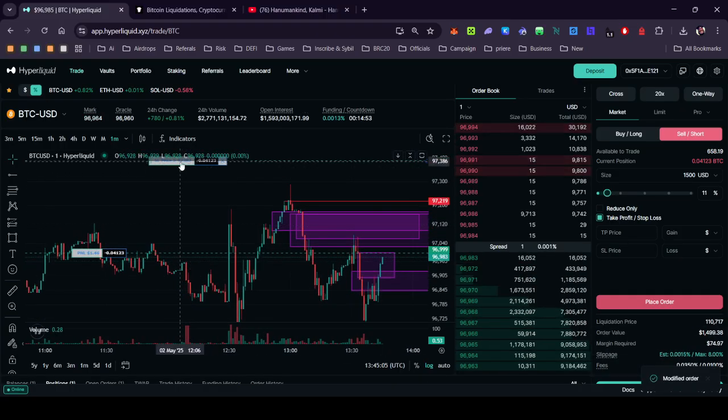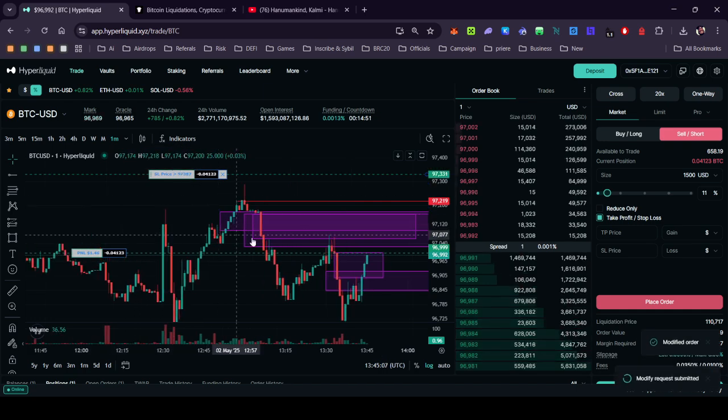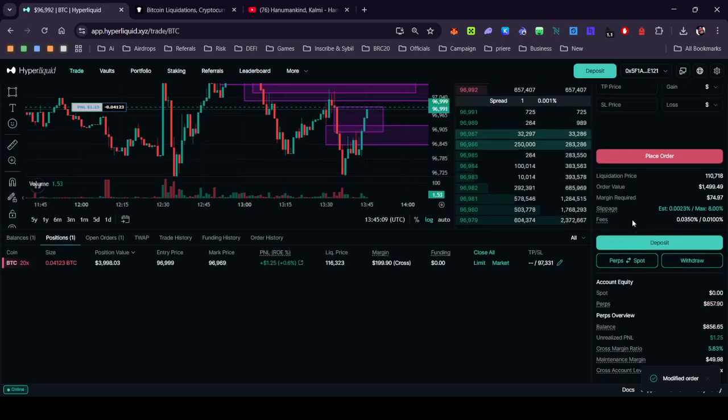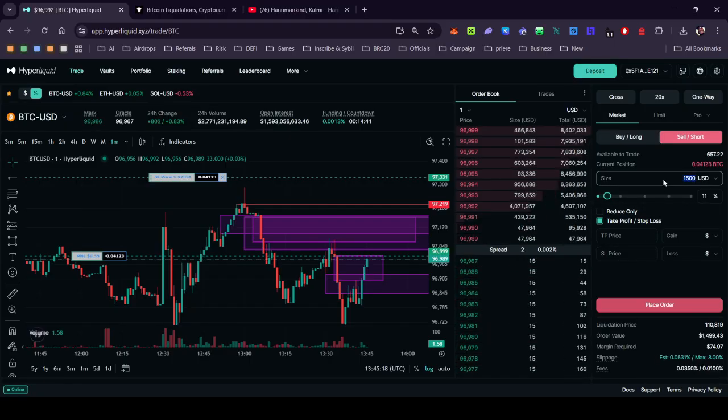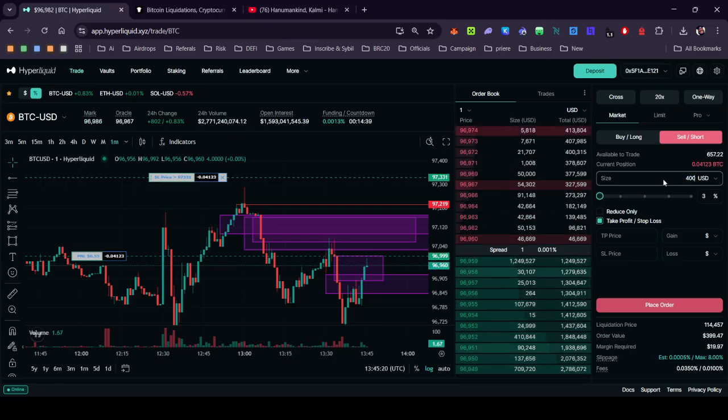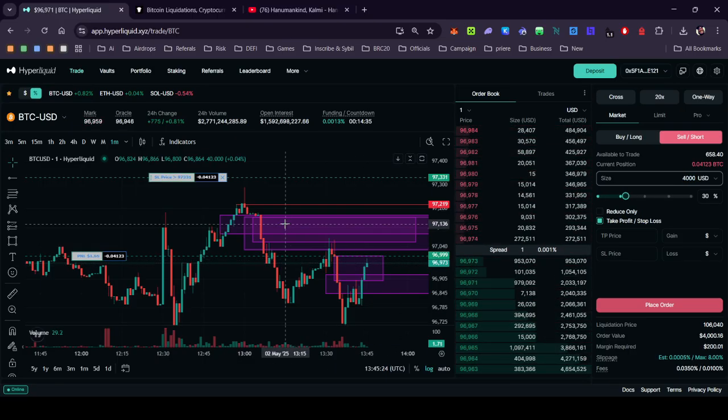So basically, longs are the way to go right now, and my whole trade size is about 4,000. And at last, I'm gonna add the last 4,000 that is needed when price gets to the level of